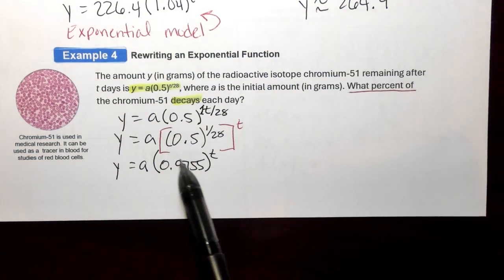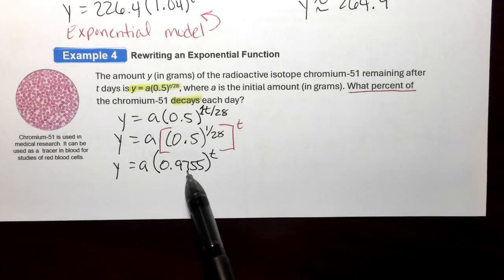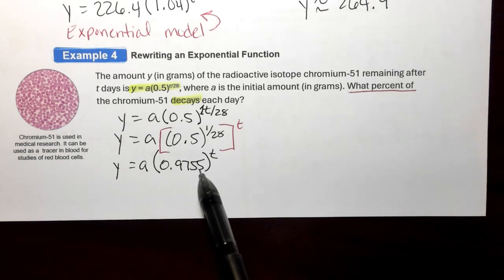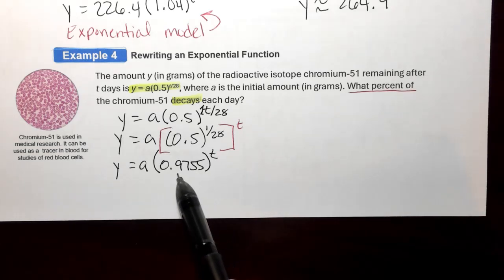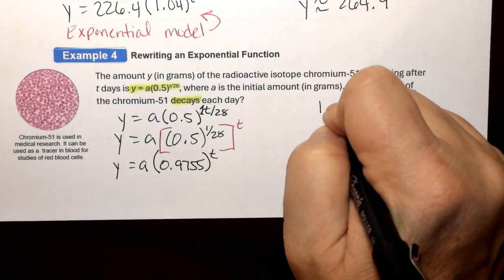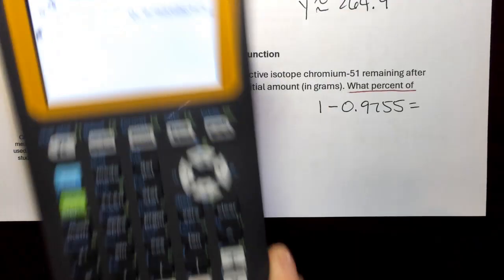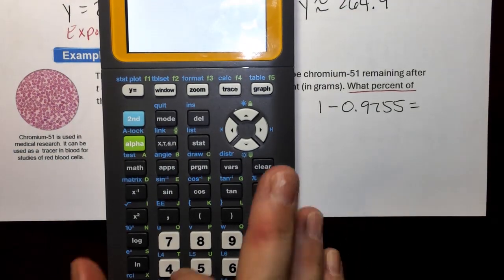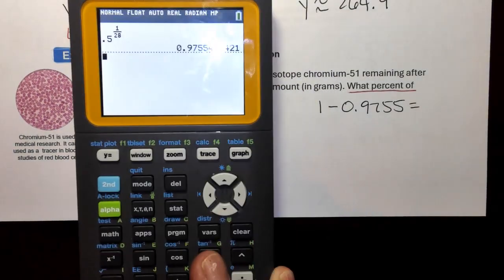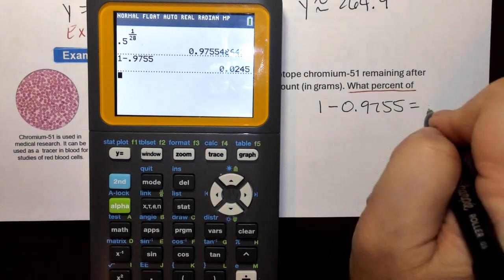All right, so how do we figure out what that percentage is? Well, we need to know what did you have to subtract from 1 to get this, right? So what did you have to subtract from 1 to get 0.9755? Well, we could figure that out by simply saying what's 1 minus 0.9755. So we have 1 minus 0.9755. That gives us